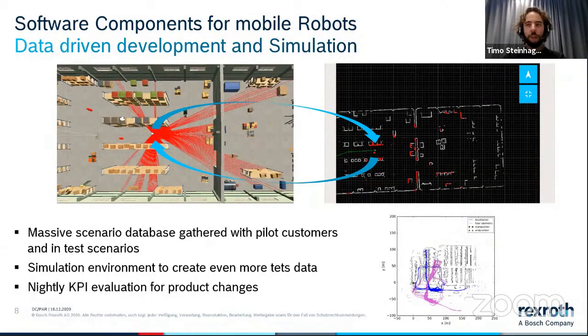So in our development framework, we have like terabytes of possible scenarios. We gathered those in 4 years of pilot prototype customer phase. We had many AGVs running in different factories collecting data. We had pilot customers who reported us critical cases. And from all those, we have the raw data in our system. And we do a KPI evaluation of every product change. So whenever there's an algorithmic change or some other change in the product, we have a nightly evaluation of this change to make sure that this not solves a local problem, but that this solves a general problem, and that